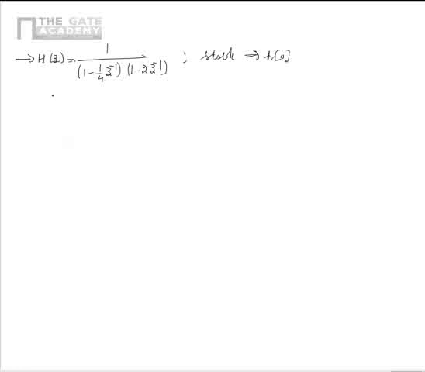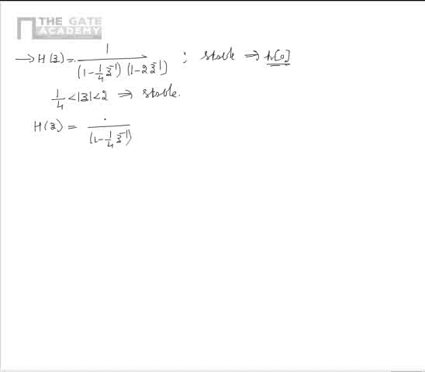From the possible ROCs of H(z), we see that 1/4 < |z| < 2 is the correct ROC because in this case the system would be stable. So for finding the value of h[0], first we split H(z) into partial fractions as shown,